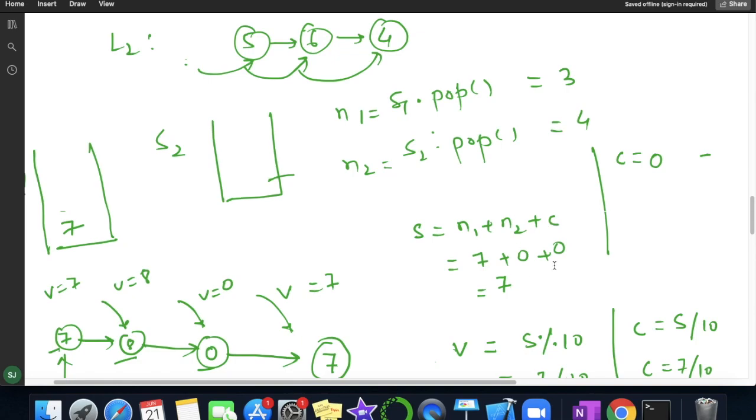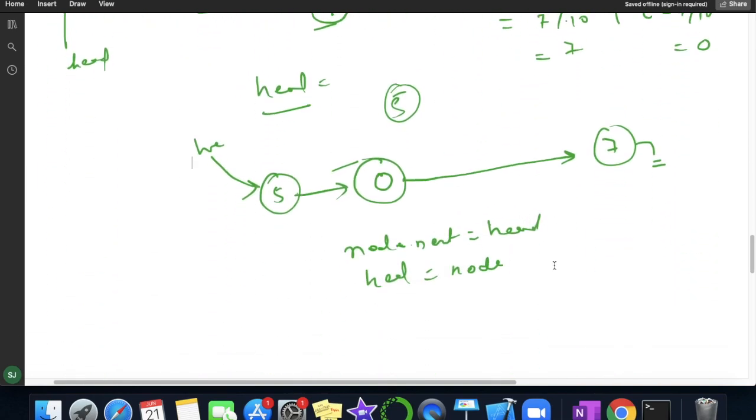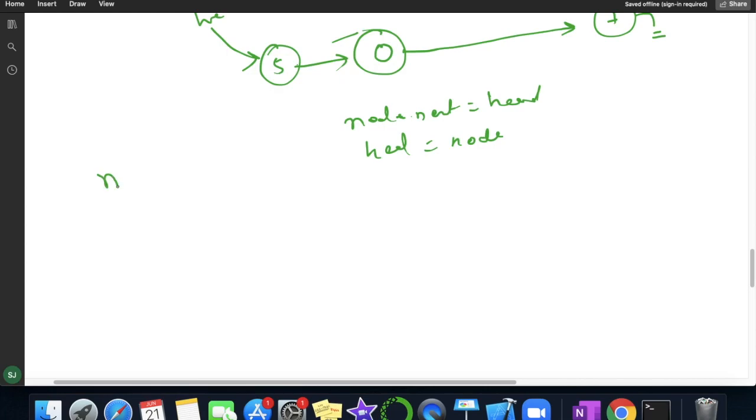Let me explain here: suppose n1 is having value 9, and my carry was 0, and n2 was empty. So n2 will be initialized with 0, so s will be n1 plus n2 plus carry, suppose carry is 1. So we will be getting 9 plus 0 plus 1, 10.